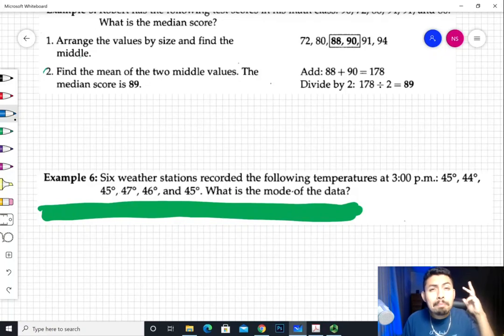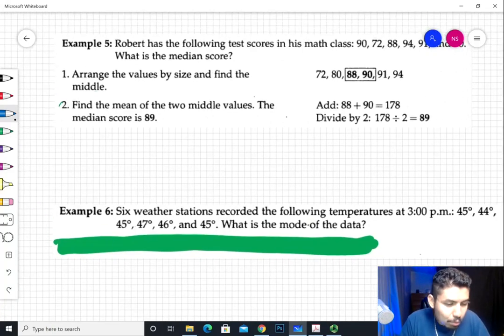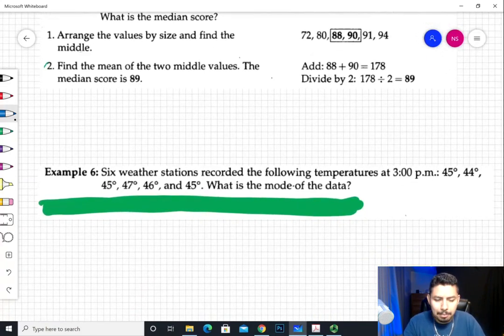I'm like, no, that's mean, right? And then later when I ask them how to find the mean, they're just like, is it the number that pops up the most? I'm like, no, that's mode. You're going to get it all confused, but through practice, you're going to get it, all right? Moving on. The mode, like I just said, is the number that pops up the most, and that's what this